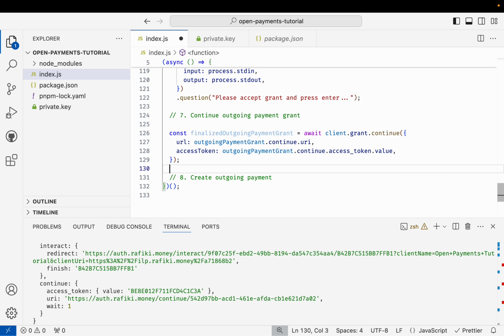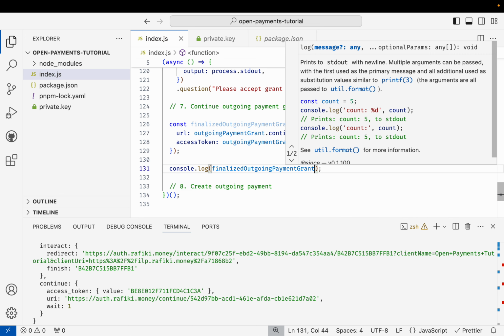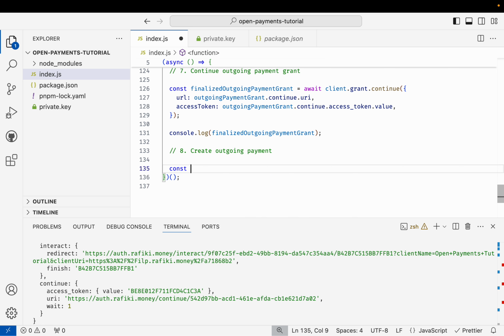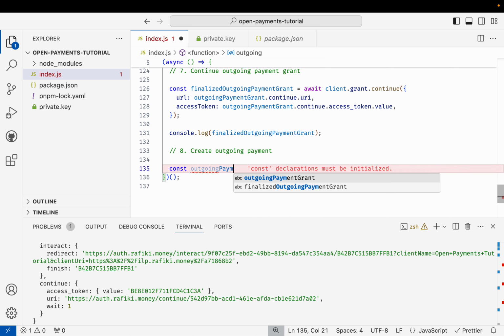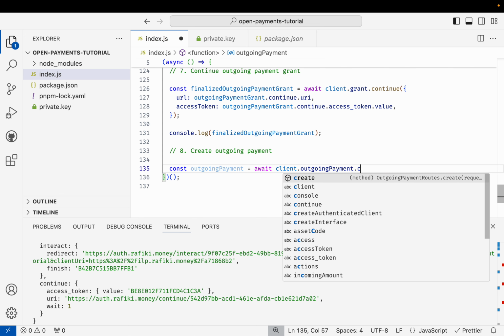And let's assume that everything's working here, and let's do the final outgoing payment. I'm going to print this first just to make sure that it worked. Final outgoing payment grant, and here's the final piece that brings it all together. Client outgoing payment, create